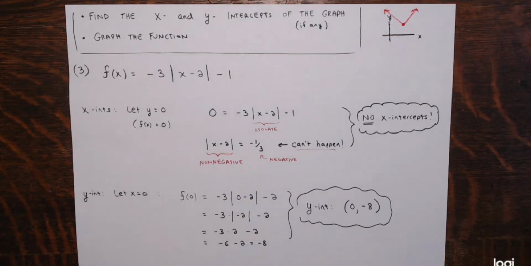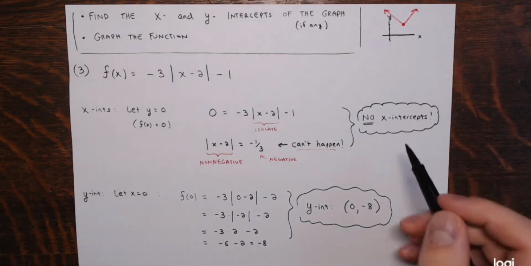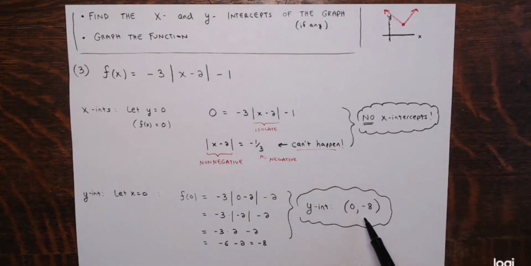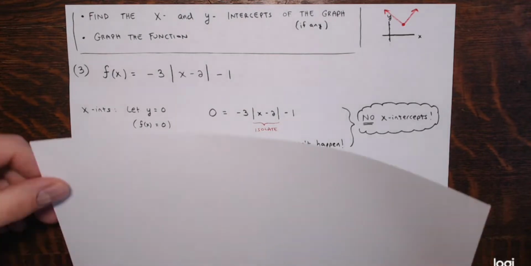Right. So keep these in mind, right? It's not going to cross the x-axis, and it's going to cross the y-axis at the point 0, negative 8. All right. Now,